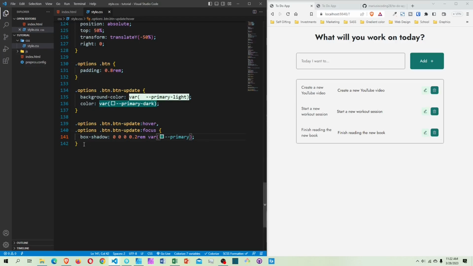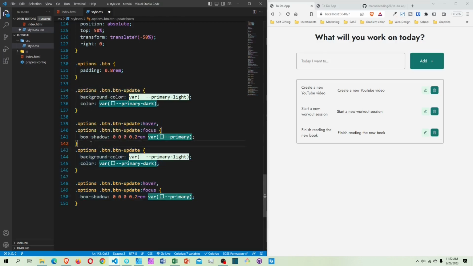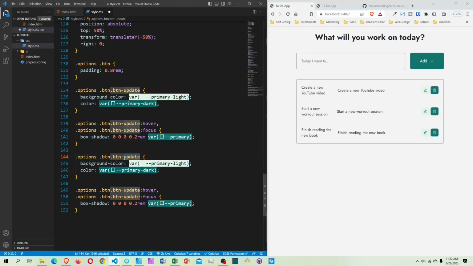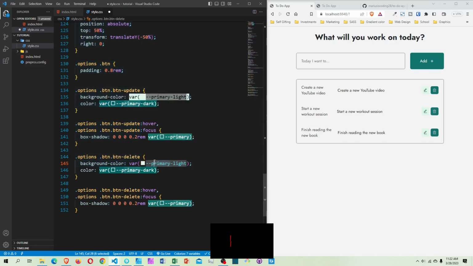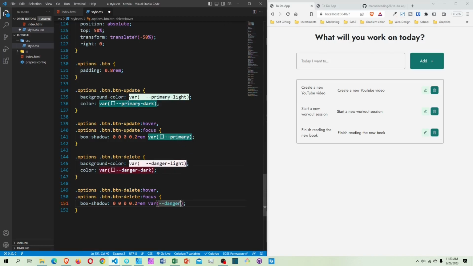I'm gonna do the same thing for the delete. So I'm gonna copy this and duplicate with the Shift Alt down arrow key to get this one. This one be for delete, like this, and it's gonna be danger light. So danger light, and for the last one gonna be danger dark. Save this, we get like this. Okay,